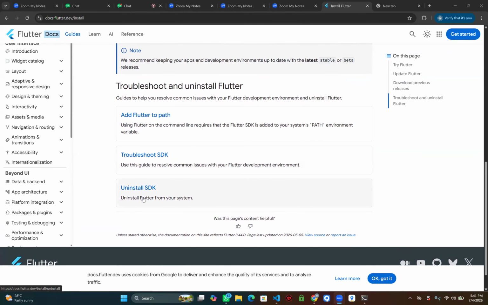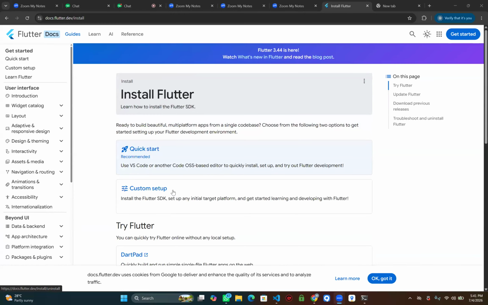You see, it's showing uninstall SDK. No, but you have not finished downloading. So finish downloading. Go to your download. Download is not showing here. No, go to your, what do you call it? Wait, I'm coming. You see quick download, quick start. No, this is not where you should come. It just gives you information.